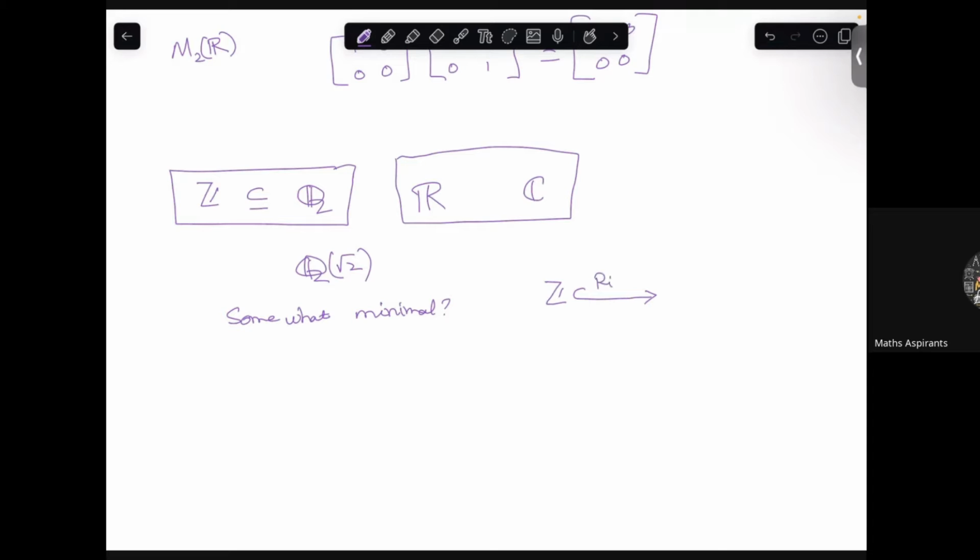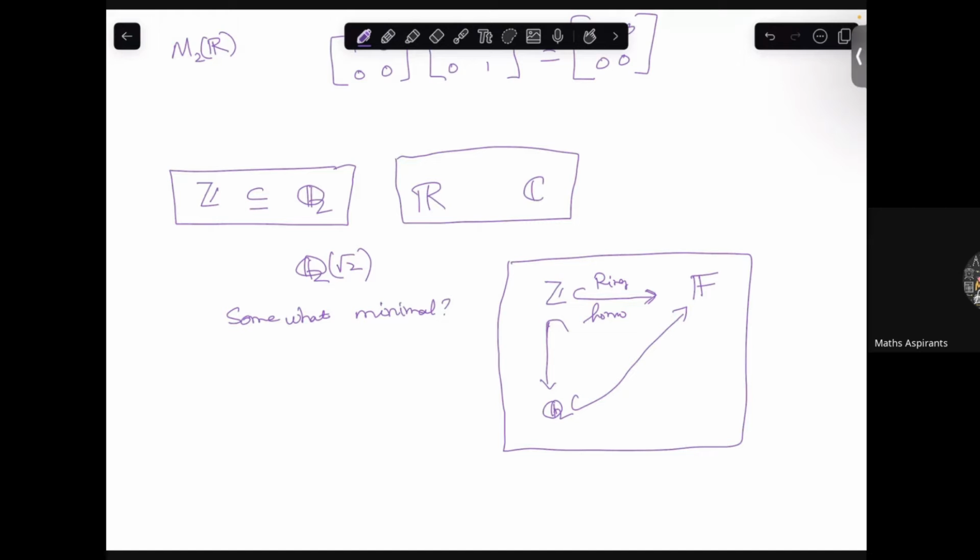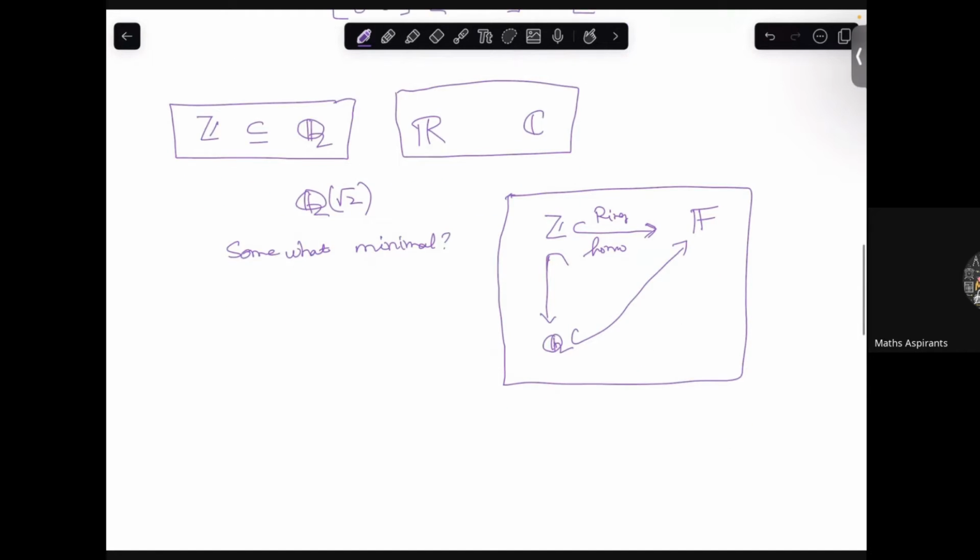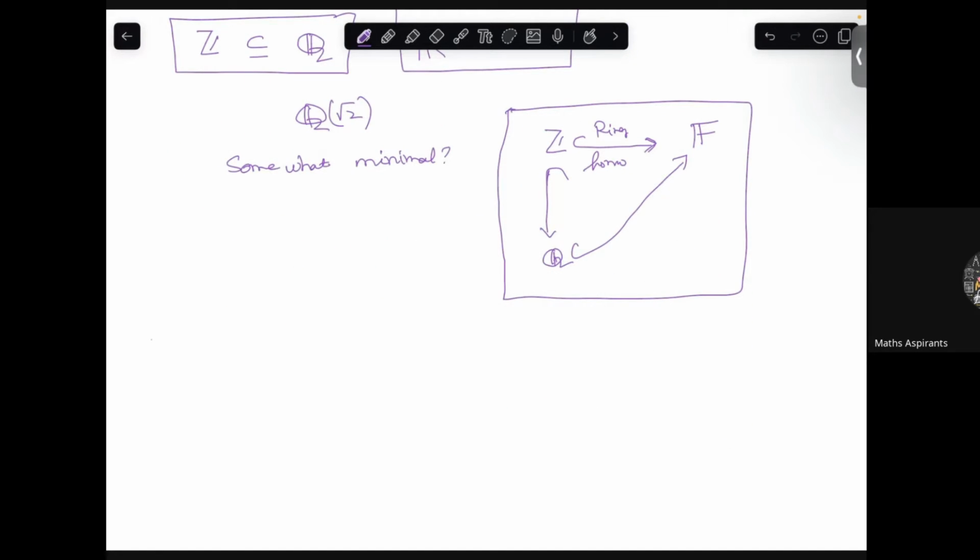whenever there is a ring homomorphism from some other field, and we know that Q is there, automatically Q goes inside. It doesn't matter what field. If there is an injective ring homomorphism from here to here, automatically Q goes. And this is one of the very important points. I will tell you why it is very important, because when you're trying to define what is the characteristic of F,